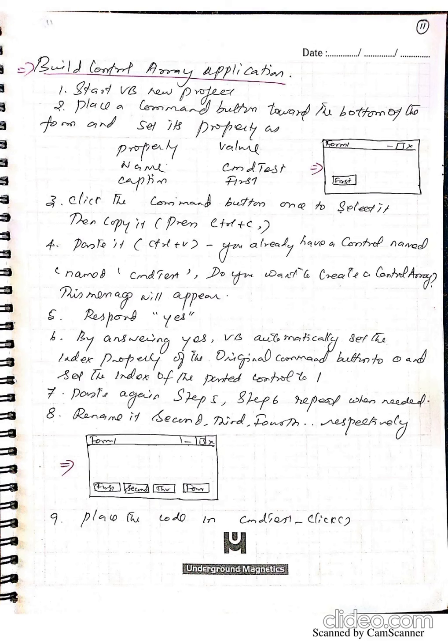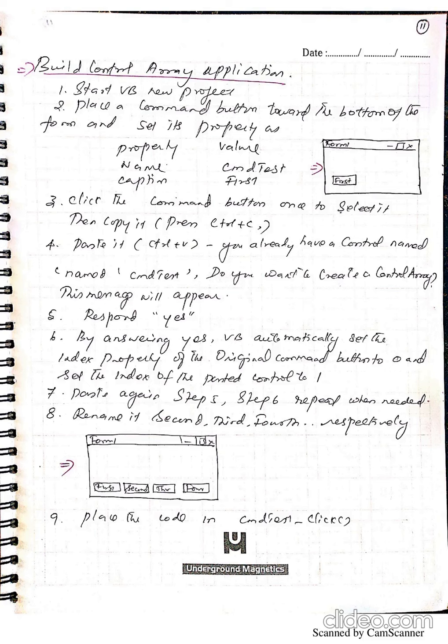Facts of control array. The set of controls that form the control array must all be of the same type: all text boxes, all labels, all buttons. Use an index to distinguish them. The controls in the control array are indexed from 0 to n-1. The properties of controls in the control array can vary: text, color, size, visible, font. All the members of the control array share the same event procedure.